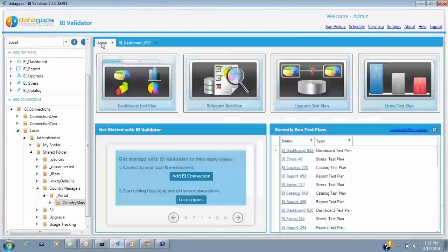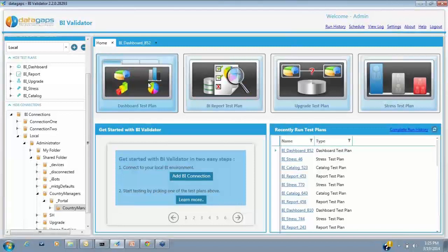So this is what we call the BI Validator. This is right now catered to Oracle Business Intelligence customers. We have a number of customers using this tool as of today, and we're pretty excited about that. As you see here, there are a couple of test plans that you can build out of this product. On the left side, you notice the list of test plans. You have a BI dashboard test plan, and a report test plan for testing reports,